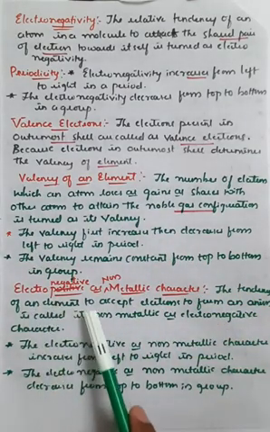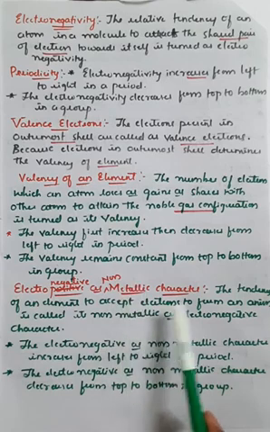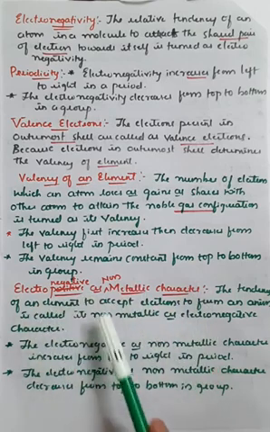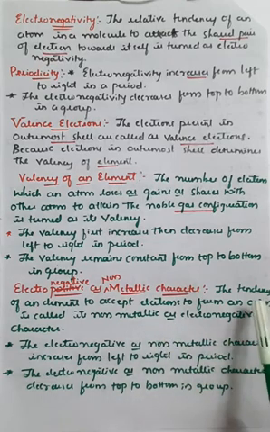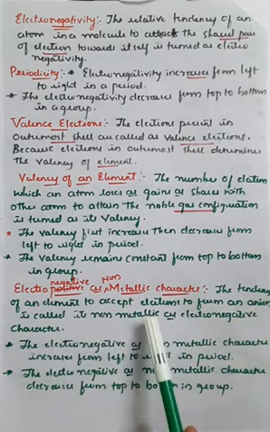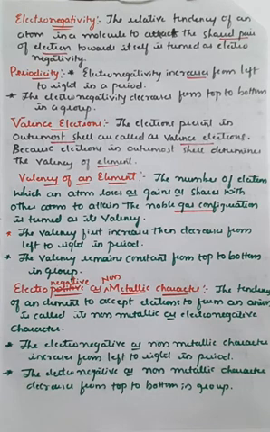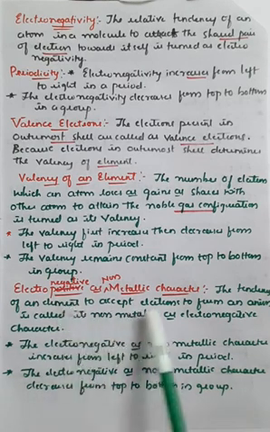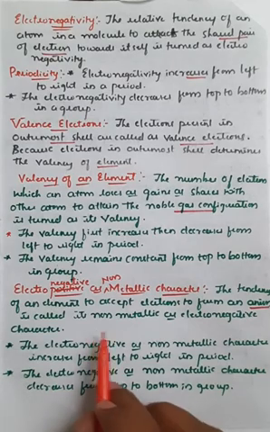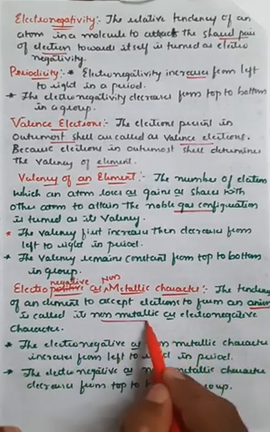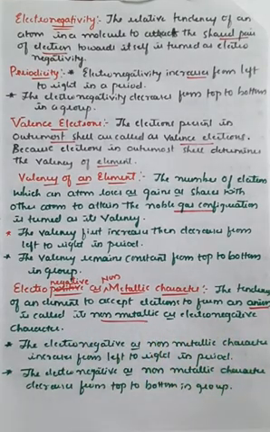Next one is electronegativity, or non-metallic character, right? Electronegativity is also termed non-metallic character. Here, the tendency of an element to accept the electron to form an anion is called its non-metallic or electronegative character. Understand, this is very simple. So if I consider